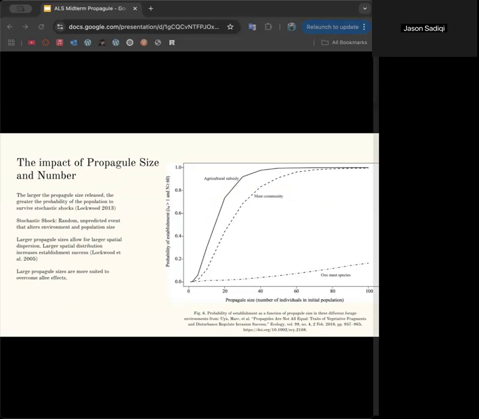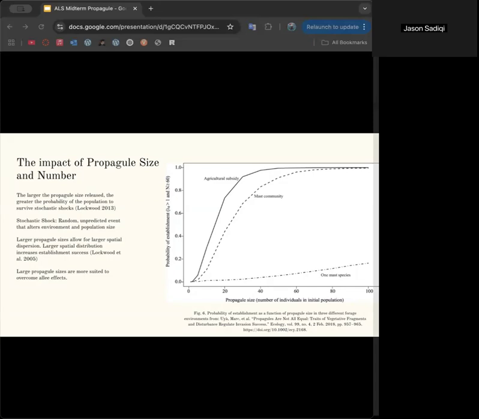When propagules are introduced into an environment, they're likely to experience what we call stochastic shocks, which are unpredicted events that alter the environment and population size. These could be disturbances or are disturbances in themselves sometimes. Larger population sizes are more likely to be able to withstand these stochastic shocks. For example, if an event wipes out 90% of the propagule population, the likelihood of the species' survival is larger if the released propagule size is large. Larger propagule number also allows for a larger ability for the propagules to be placed in a suitable habitat for establishment. A location differential of just 100 meters could be the decision maker in establishment or not for some of these